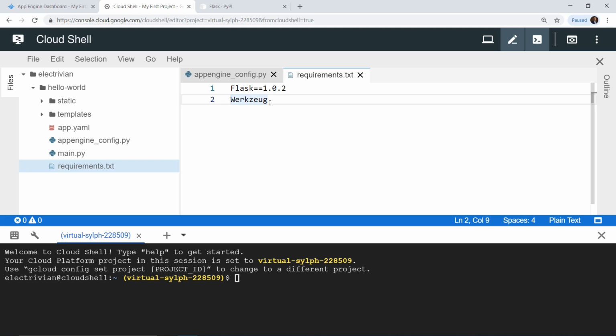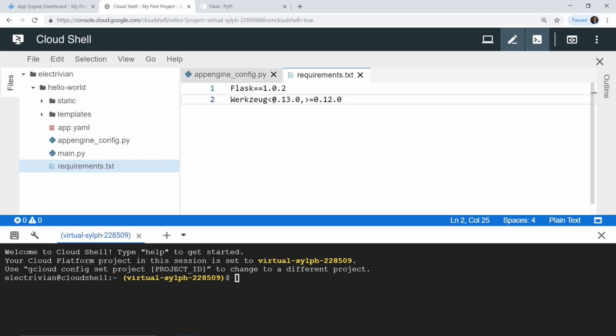Now let's specify the version for Werkzeug. Over here we are going to specify a version in a different fashion. First we have a less than sign, and inside it we have 0.13.0, then a comma, then a greater than sign and an equal to sign, and then 0.12.0.